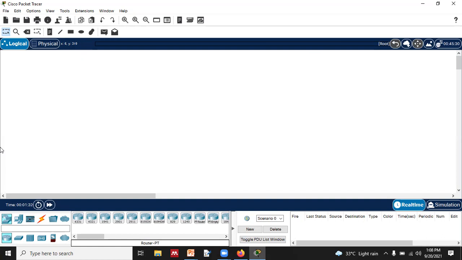See, in today's lab, what we are going to do is see practically what we talked about in the morning lecture. We discussed the logical address, the MAC address, and the port number. Whatever we discussed in the morning lectures, now we will see this practically using Packet Tracer, right?